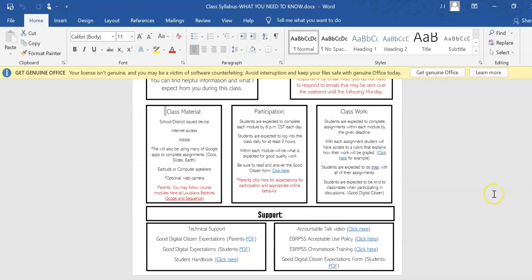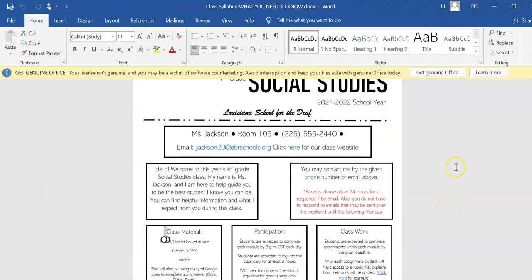that connects them back to the student handbook, their expectations, what it means to be a good digital citizen, AVR's technology policy, as well as how they should handle their given devices. But also on the syllabus, I've linked them to